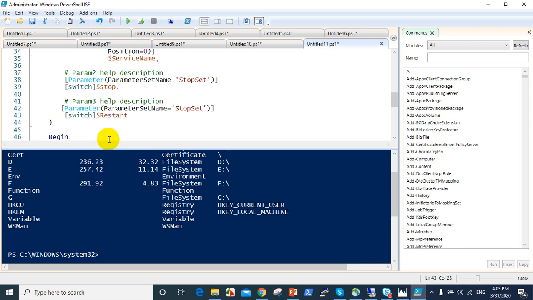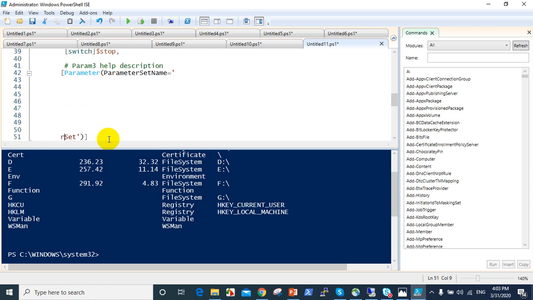So here restart, here restart, we can use restart, here restart set, restart set, then going to here, no need to give anything, begin, so in this begin write hyphen verbose, so updating dollar service name,